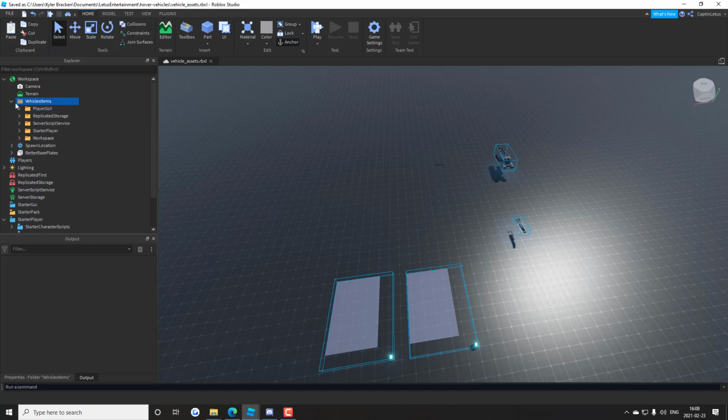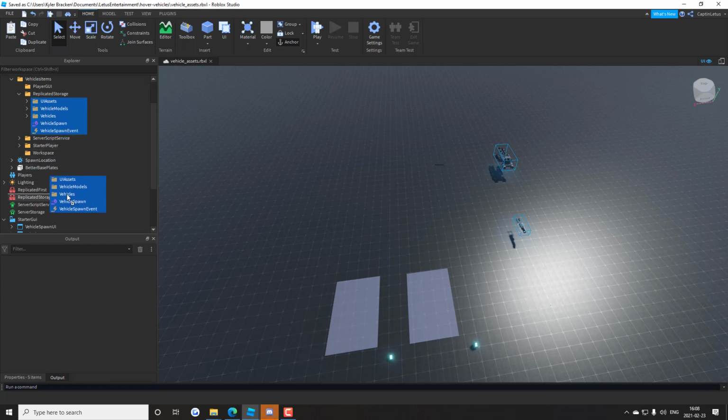Inside of this folder is a bunch of other folders, and all you have to do is move the things from these folders into their respective spots. So in workspace, move everything to workspace. Player GUI, move that to starter GUI, replicate storage, service script service,